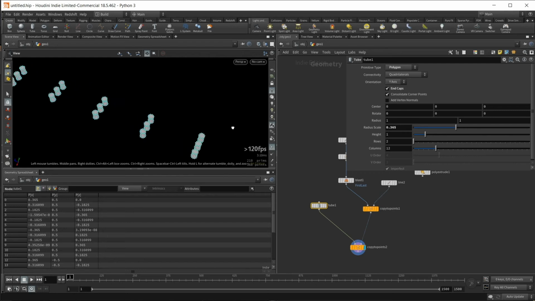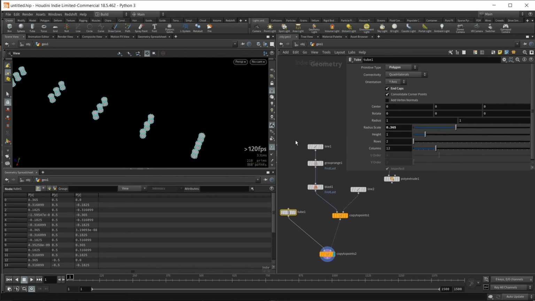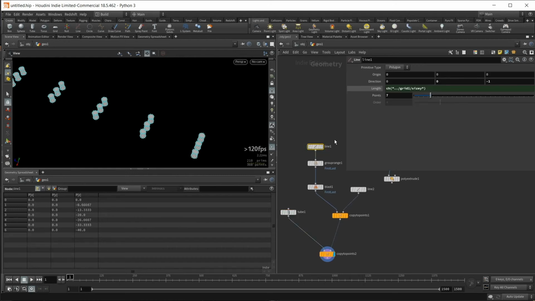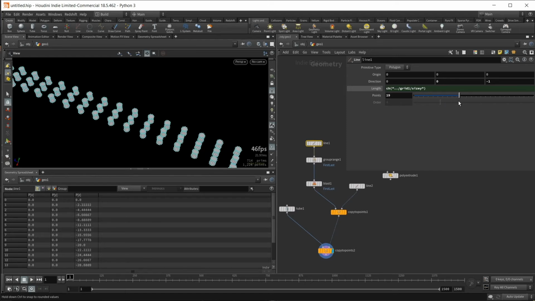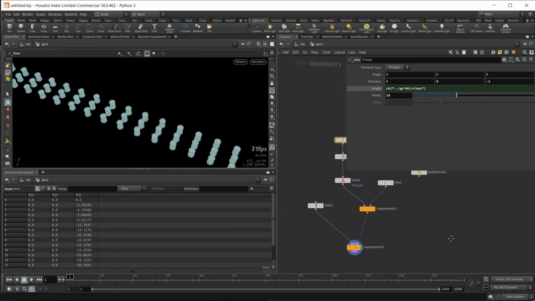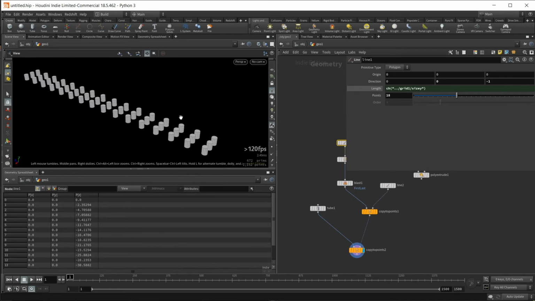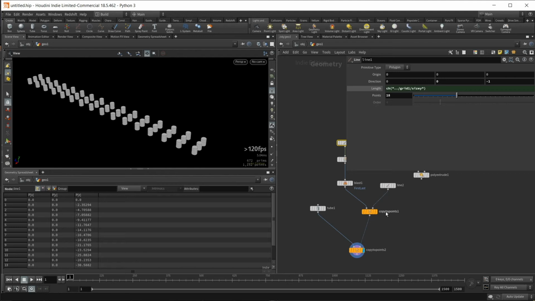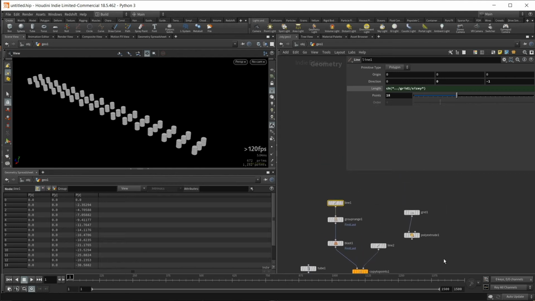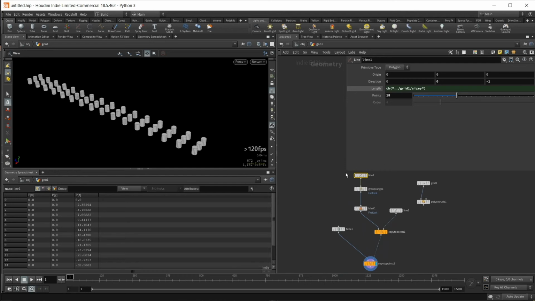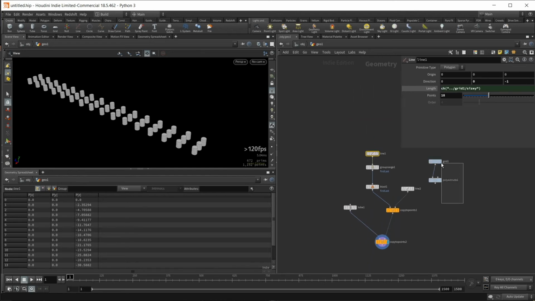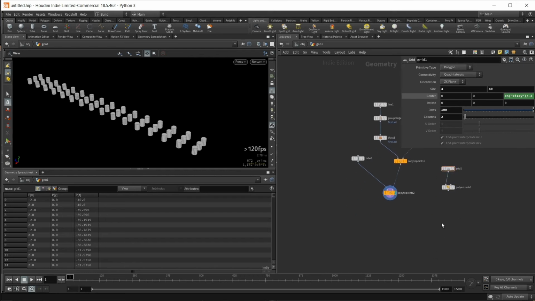Okay, now I can see that I'd like to have perhaps some more tubes in between here. They're quite sparse along the length. So I'll go to my length controller here, this line number 1, and increase the number of points. And I'll turn off my point view now. So now I have an array of points, and I've got my grid, and so I just need to go, and I'm just going to close this up a little bit,